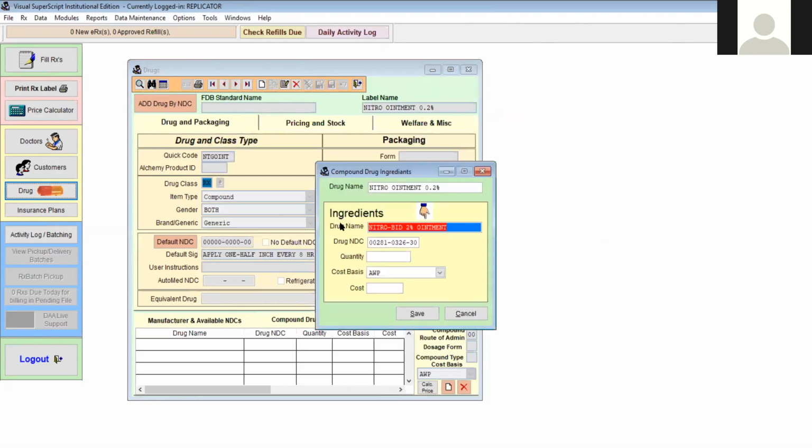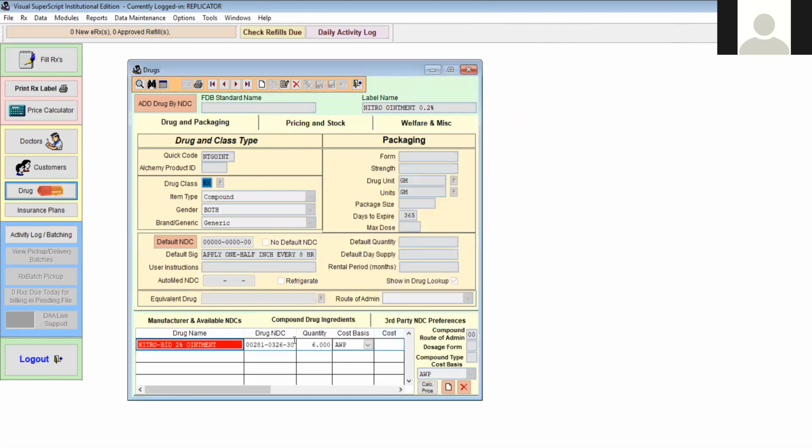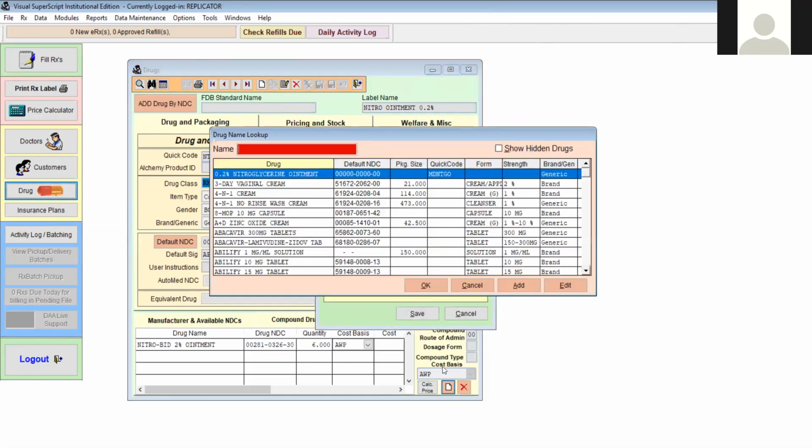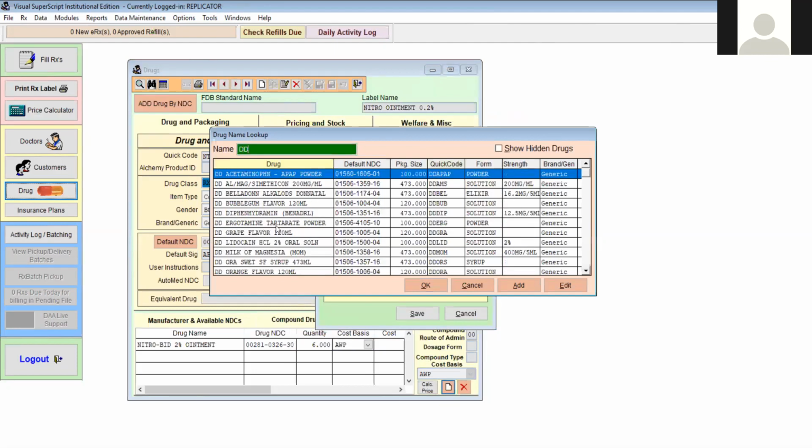So if I double click on that, it automatically moves it into here. Now note that we calculated I wanted 6 grams. So type in a 6, and now we save it. And so now we have that. Our next new item is going to be DD